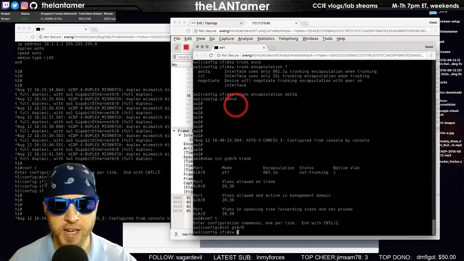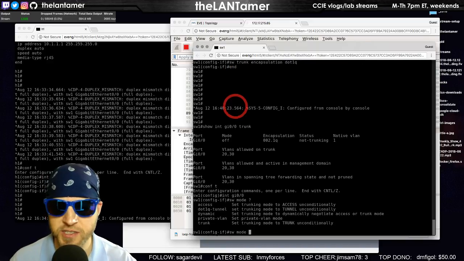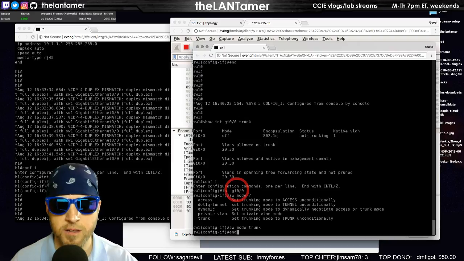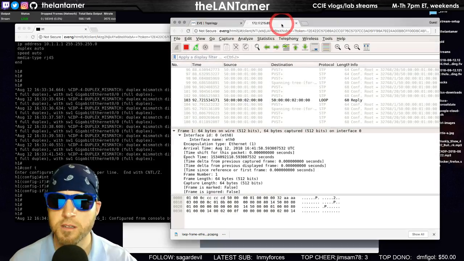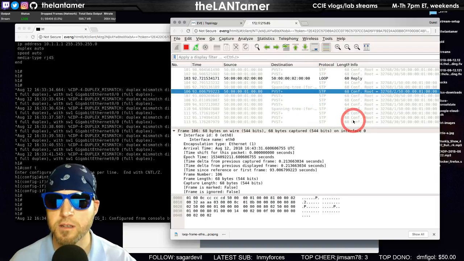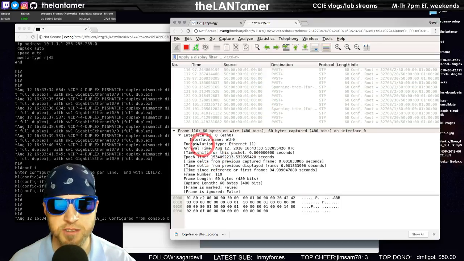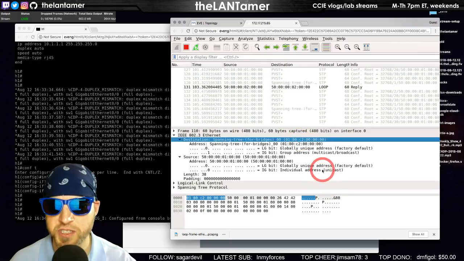instead of switchport mode access, we're going to say switchport mode trunk. Now we see spanning tree for bridges, right? Which is a different destination address. 0180C2000.